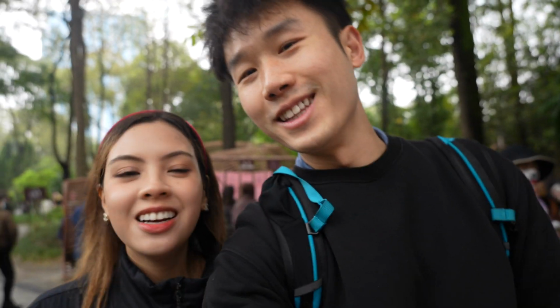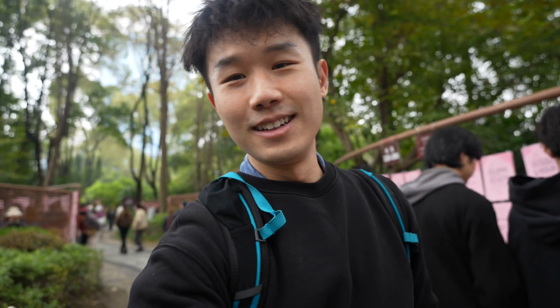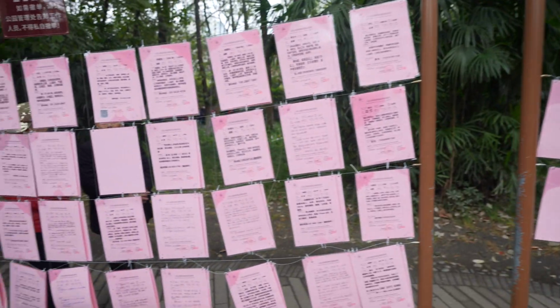How do we even explain this? So if you are single in Chengdu, we have another solution if dating apps are not your thing. This is what, offline Tinder? Offline Tinder. You need to come to the People's Park. There's a train station that you can even take. Yeah. Super convenient. All of these pieces of paper are